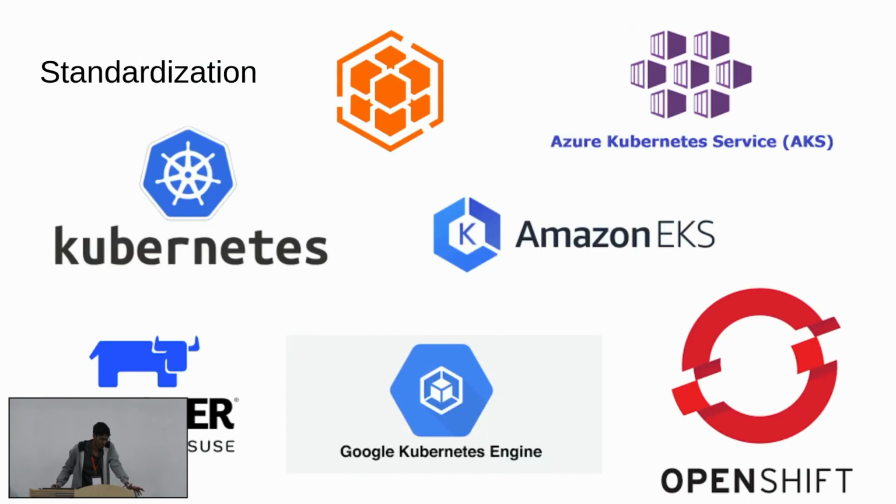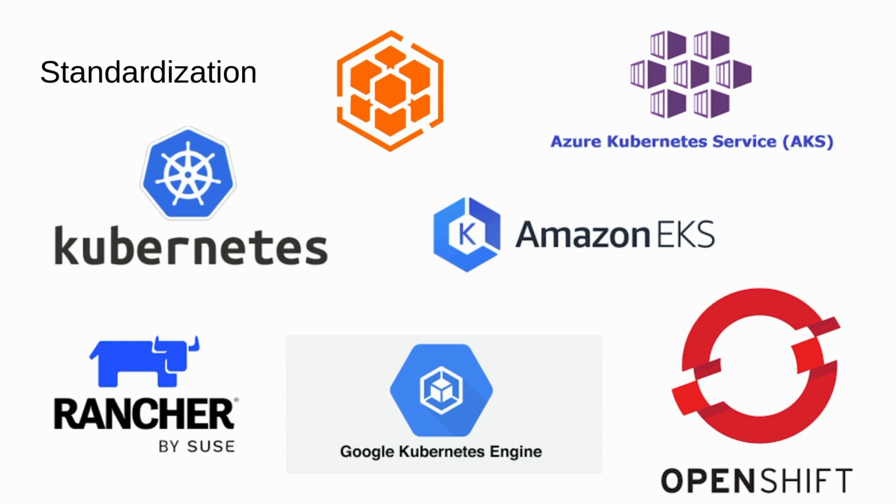So one good thing that has happened in the last 10 years is the standardization around Kubernetes, right? It has become the de facto standard for all cloud providers, for all container-based deployments. All of these logos here, this is the Kubernetes that we ran, just plain Kubernetes. Everything else is from a different company. Each company has their own version of Kubernetes service that they provide on their cloud. This is Amazon, this is Azure, this is OpenShift, which is Red Hat. All of these are different flavors, almost like distros. But the core YAMLs that you have written today will work on any of them, right?